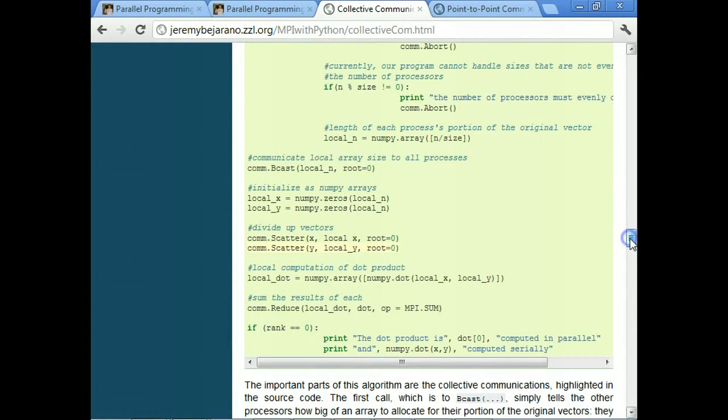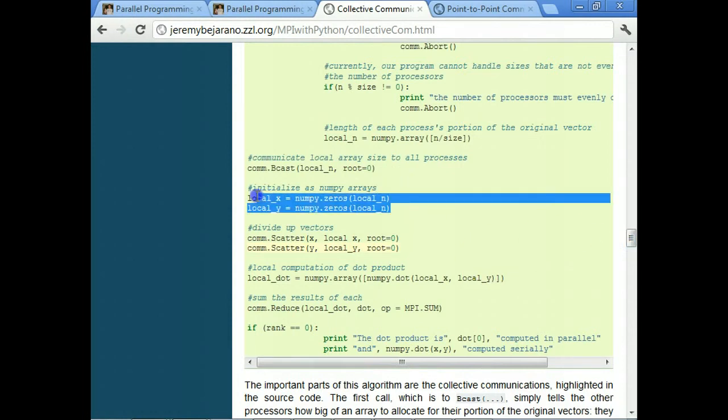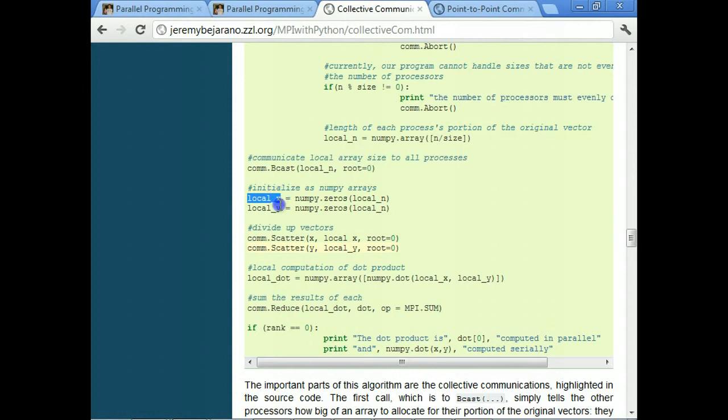So now each process knows how long of a vector to expect, and so we initialize the NumPy arrays for the local x and the local y vectors. And now they know how much memory to allocate for each of those vectors.